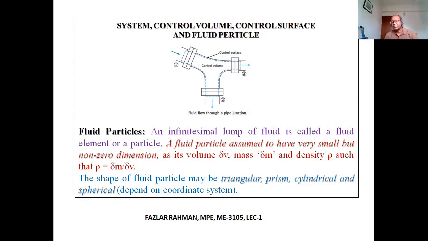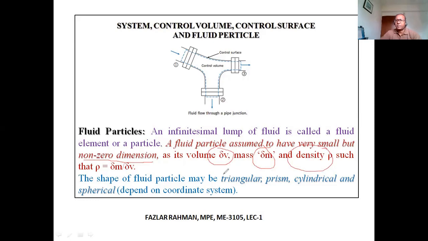It must have all the fluid properties, because we already said that a fluid should have finite values of property. So an infinitely small lump of fluid is called a fluid element or fluid particle. A fluid particle is assumed to have very small but non-zero dimension. That means the dimension must be non-zero. Its volume you can call delta V, a very small volume, with very small mass,